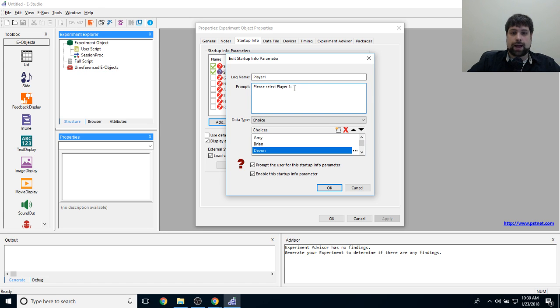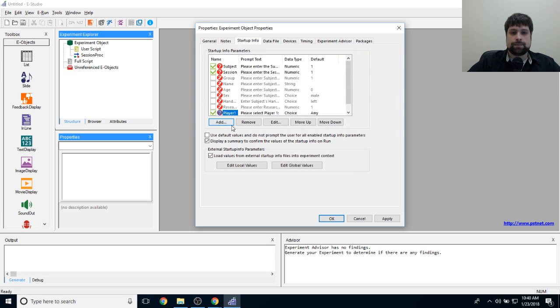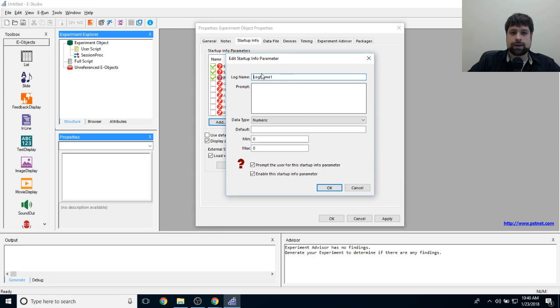So that's all I have to do for player 1. I want to prompt the user, and I do want to enable it and log this data. So go ahead and click OK. Now if you notice it goes all the way to the bottom there, I'm actually just going to move this up to the top, and I'll put it just after my session. And I'm going to do this exact same thing for player 3. And I'm just going to make my log name there player 3, and I'll say please